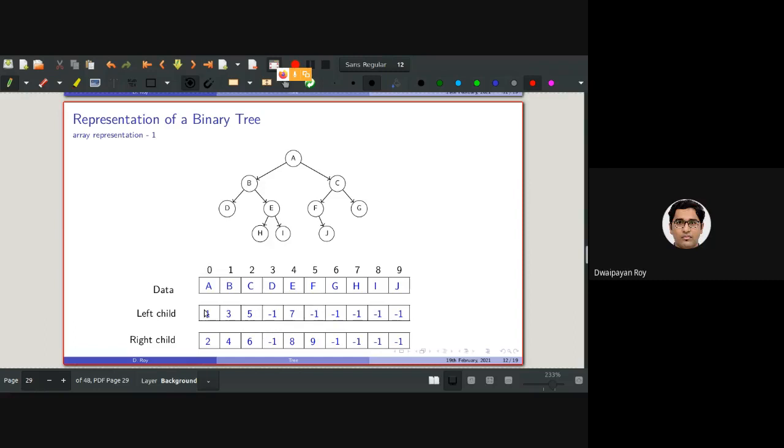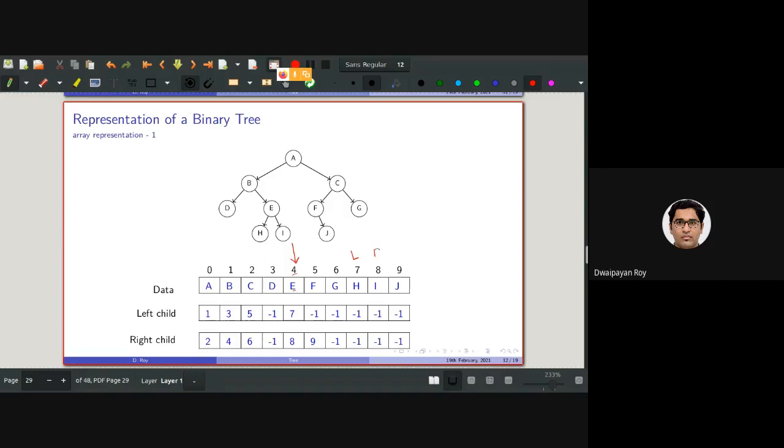So if I randomly choose one node, say E, the 4th position, E is present. The left child of E is stored in the 7th position. So this is the left child of E, and the right child is present at the 8th position. So this is the right child of E.